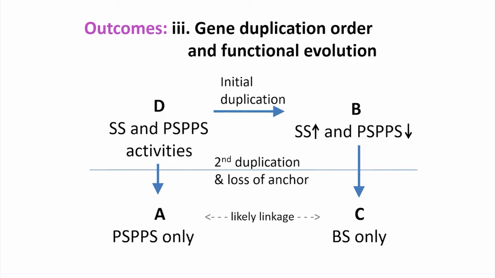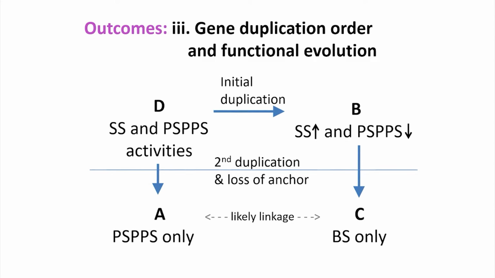So here we found that when they duplicated for the second time, they lost the anchor. So I'll go into these functions a little bit. When the squalene synthase became duplicated, it was able to reduce its production of pre-squalene pyrophosphate. Both of these functions are in the one organism, but it seems like the outcome of this whole evolution was